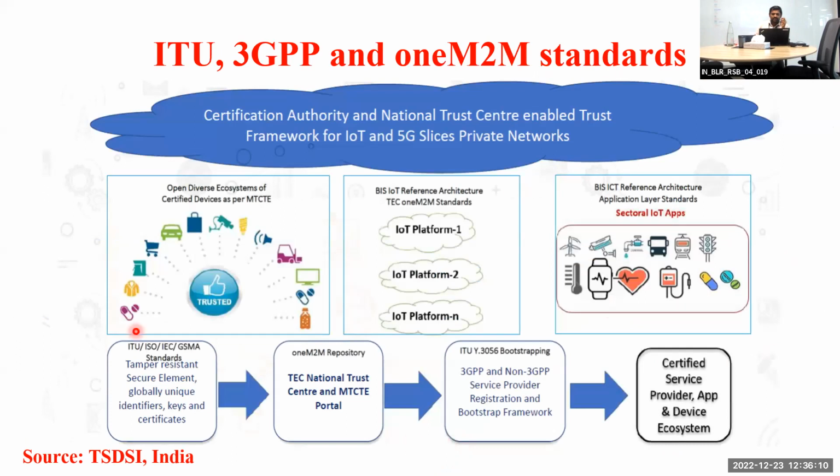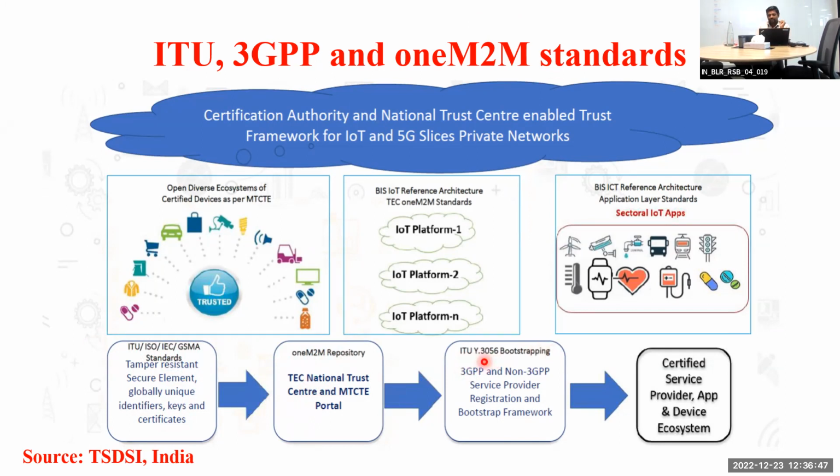Here you can see how the standards work: ITU, 3GPP, and so on. Sometimes a standards body will go alone, and sometimes they mingle with others, collaborate, and come up with some good standards, basically. You can see here ITU and IEC, those standards provide, for example, secure element. Some of the aspects they cover are keys and certificates and so on. oneM2M is just a national trust. Some part of the work they will do, some part of the things they will ensure.